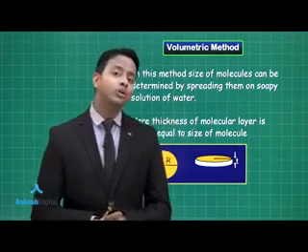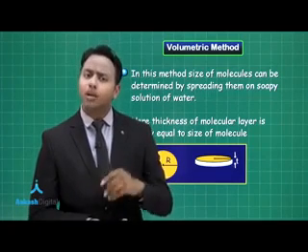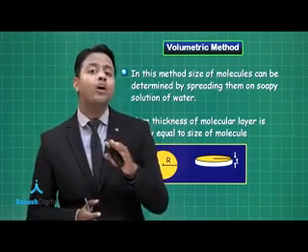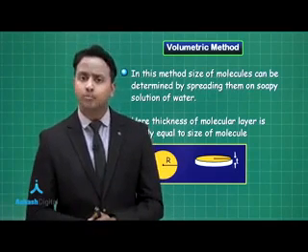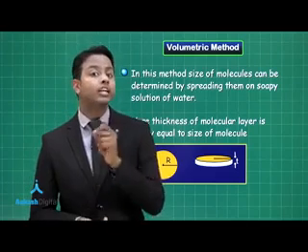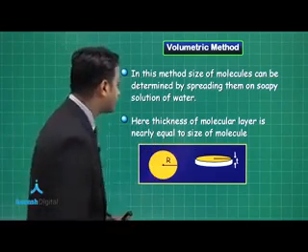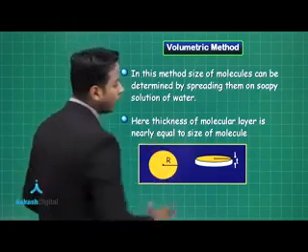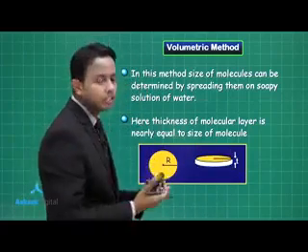Now we are assuming here that the surface formed by the oleic acid is almost circular in shape. So the area of that we can find out. The area of that oleic acid layer is taken with the help of graph paper, and then the thickness of that molecular layer is also measured. So here I have taken the sample. This is the surface of the oleic acid we can see from the top view, and this is the side view. So this thickness we can measure using different devices.